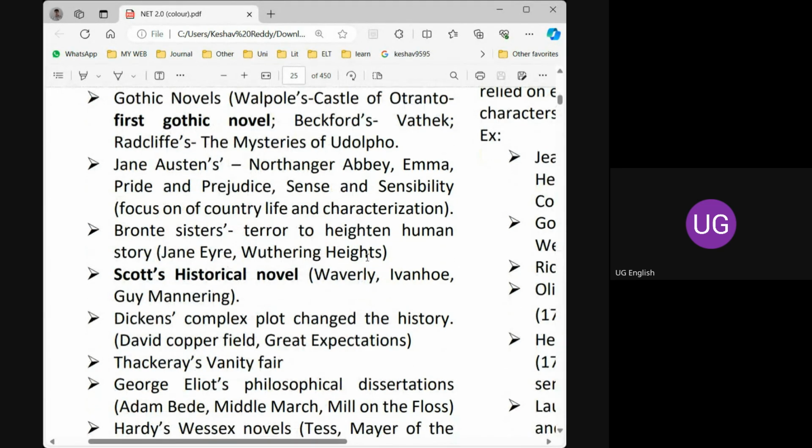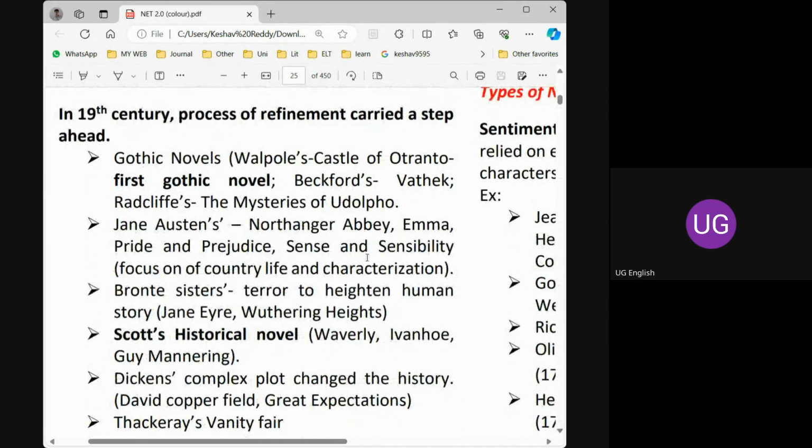But this practice should be in a continuous manner, so that yesterday you may not know the word Gothic novel, but today it is very familiar for you, I hope. Yesterday you didn't know what Castle of Otranto is, but today you know it. This is the only suggestion I give you: practice, read, revise, rewrite.